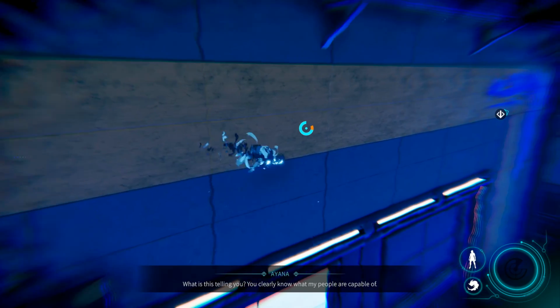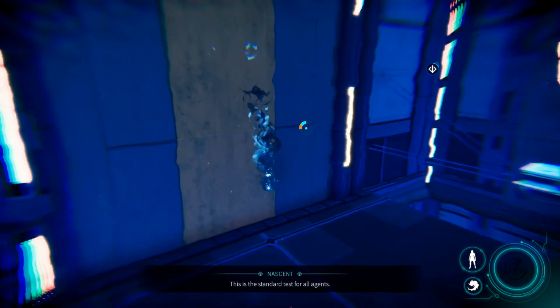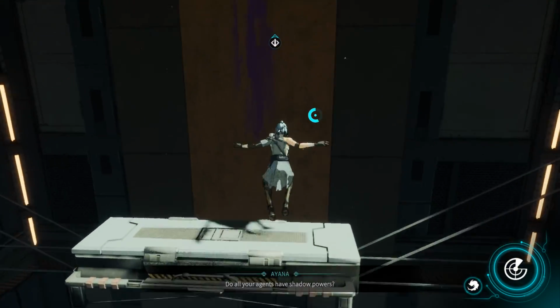What is this telling you? You clearly know what my people are capable of. This is the standard test for all agents. Do all your agents have shadow powers? Attention